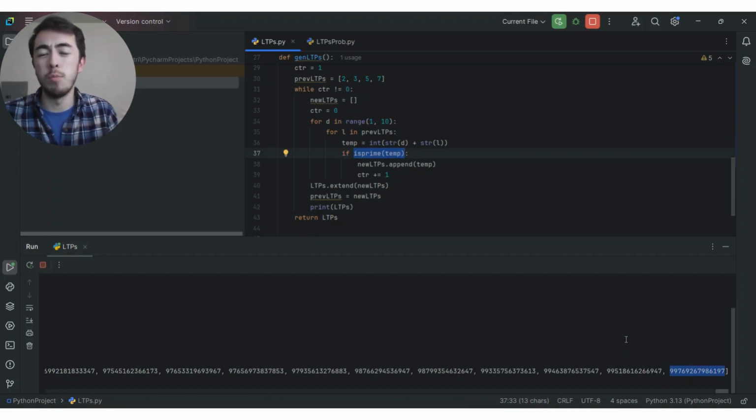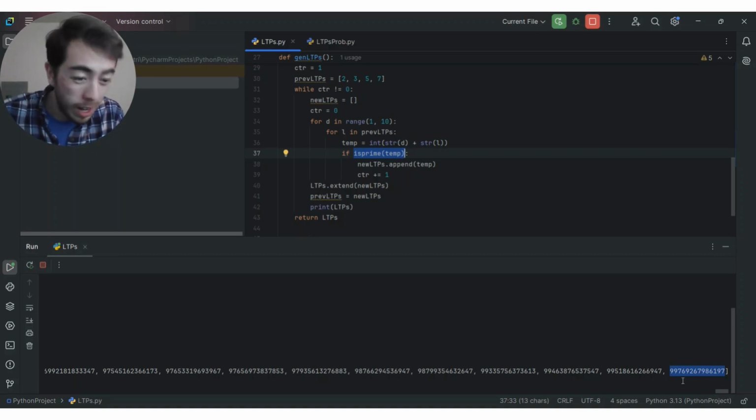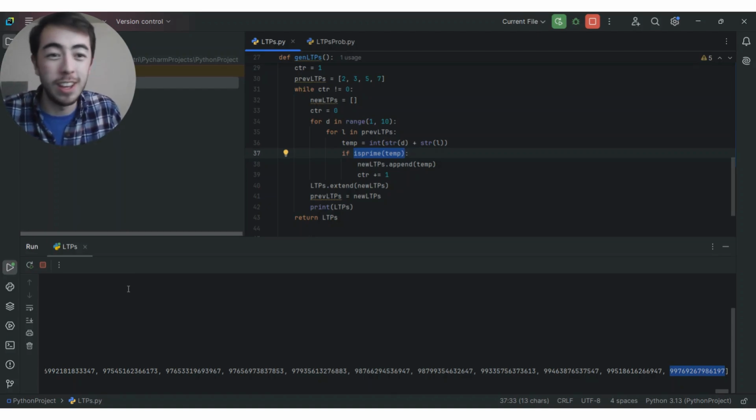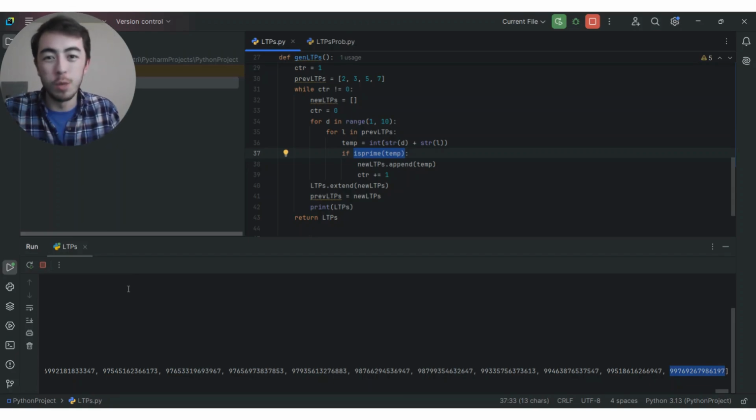This is actually kind of the basis of cryptography. It's really hard to factor very large numbers. It takes a long time, even for computers. And I'm still waiting for my list of 15-digit LTPs. It's going to take forever. Well, not forever, it's probably going to take hours. I could have this run overnight, but I don't know if you want to sit here and